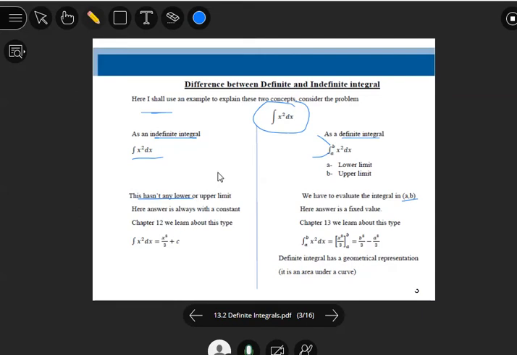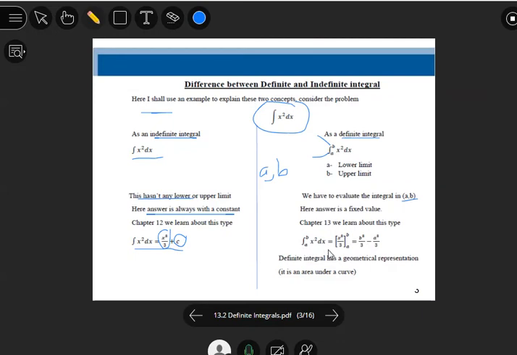And if we go to answers, the answer is always with a constant. So already you know, if we integrate x squared dx with respect to x, the answer is x to the power 3 divided by 3 plus constant. But in chapter 13, if we solve this integral in the region a to b, in between our lower limit and upper limit,